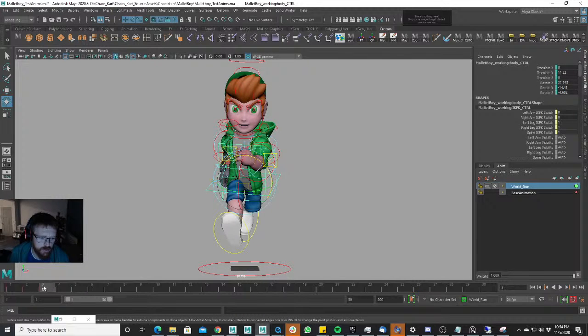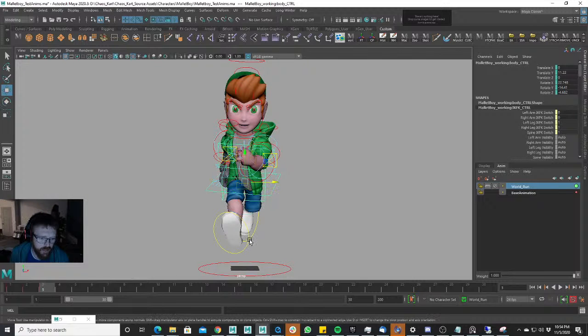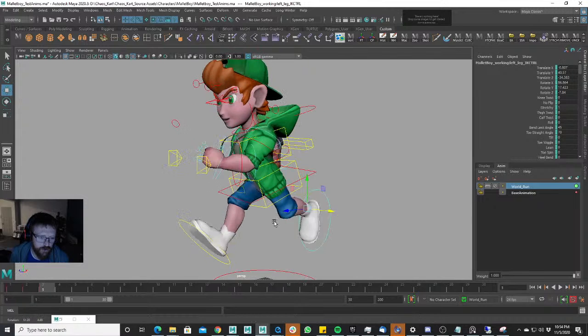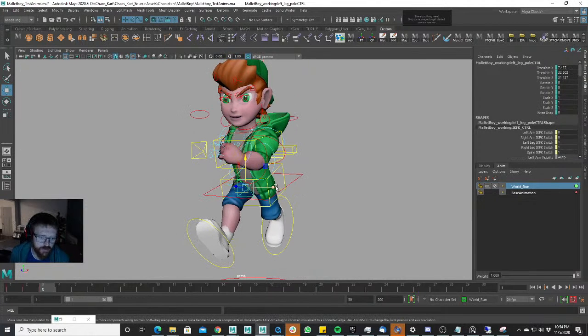This first pose looks a little nicer than this second pose. And maybe it's because the legs are too close together on this pose. So I'll go ahead and pull that out like that. And the cool thing about creating these animations, even though they won't be directly used for Chaos Kart,